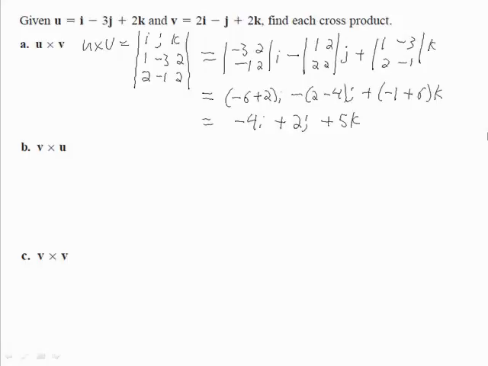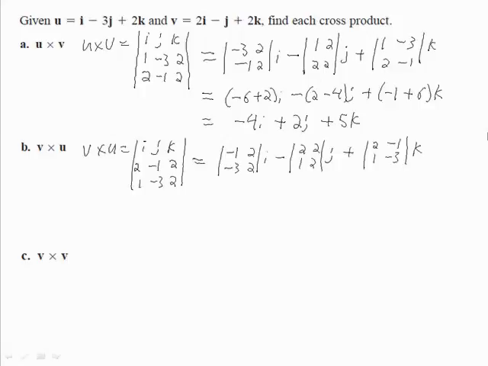The cross product of V and U is equal to the determinant form of IJK 2, -1, 2 and 1, -3, 2, which is equal to the cofactor expansion, the determinant form -1, 2, -3, 2 times I minus the determinant form of 2, 2, 1, 2 times J plus the determinant form of 2, -1, 1, -3 times K, which is equal to the quantity -2 plus 6 times I minus the quantity 4 minus 2 times J plus the quantity -6 plus 1 K, which is equal to 4I